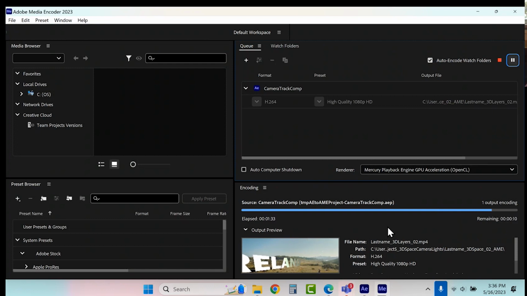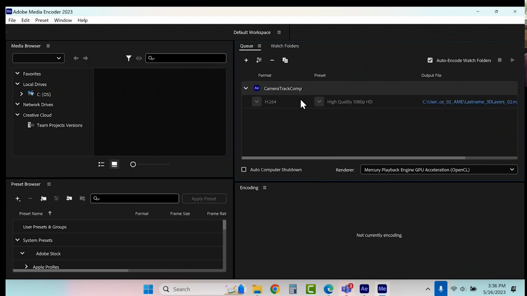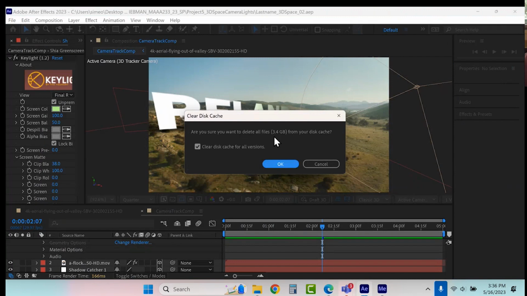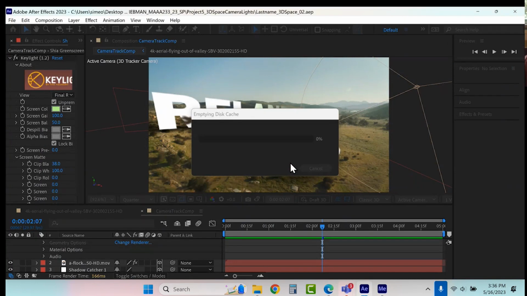We'll just let this finish. 5, 4. Toaster. You also notice I'm always cleaning out my media encoder because I don't leave it open. There we go, and it says 3.4 gigabytes.